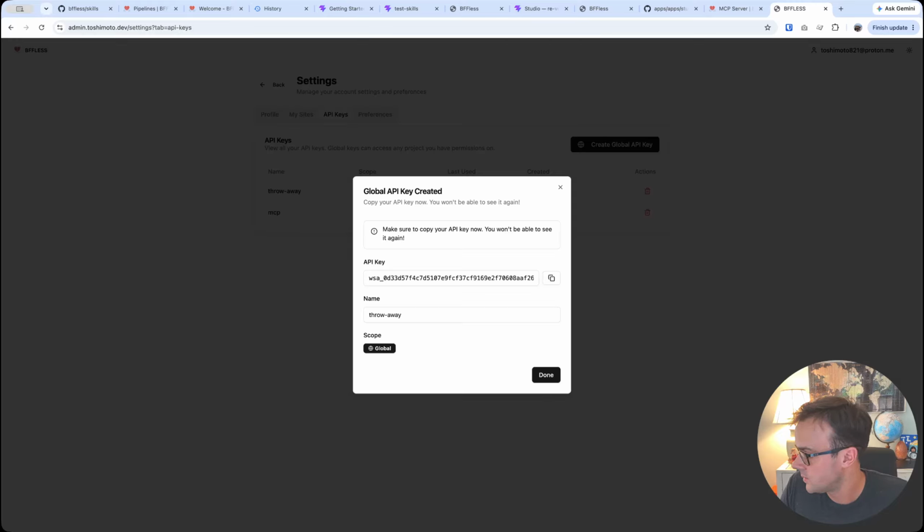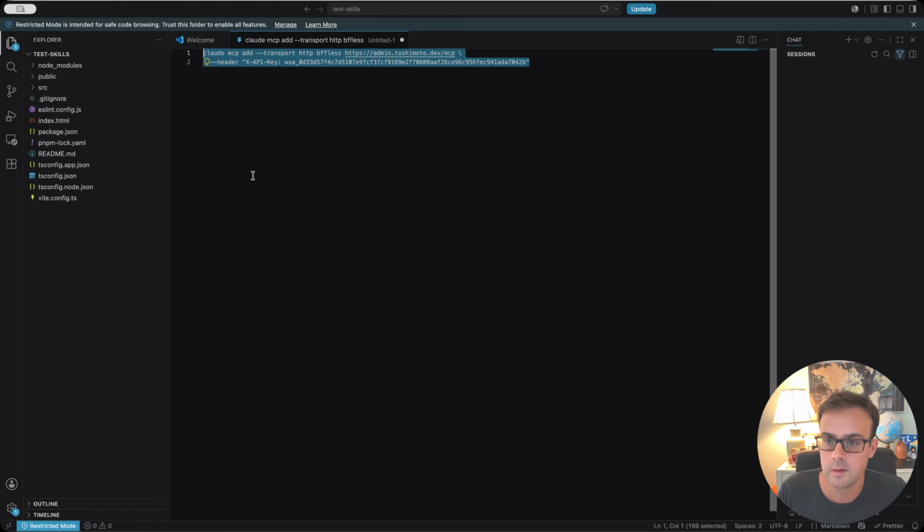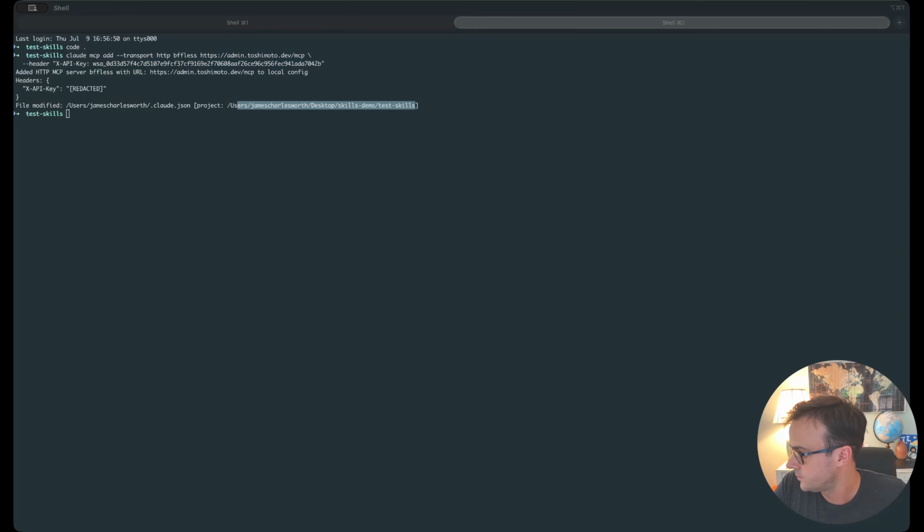All right, so jumping back to Firefox. Now I'm going to paste my API key, and this way I can install this just by running the command. And so now it's installed in my Claude JSON as a project under this project for my MCP server. So now when I go into, let me show you my terminal. So now when I go into